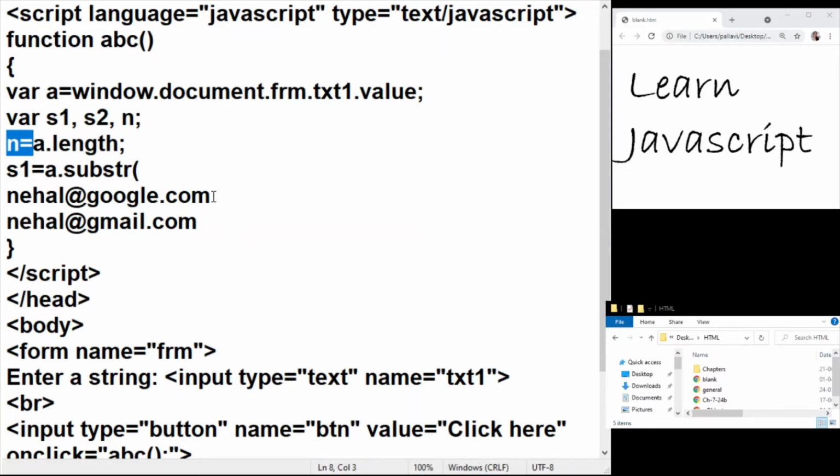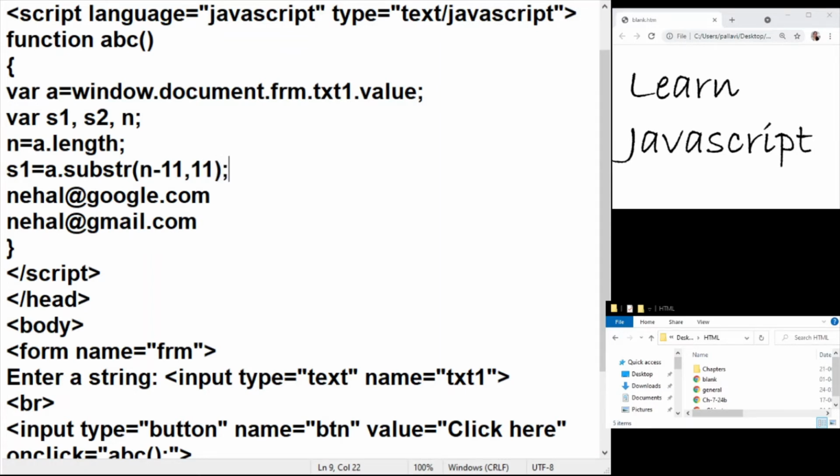All right, so now how many characters do I want to extract? I want to extract n minus 1, n minus 2, n minus 3, n minus 4, n minus 5, n minus 6, n minus 7, n minus 8, n minus 9, n minus 10, n minus 11. So from the n minus 11th position, I want to extract 11 characters.